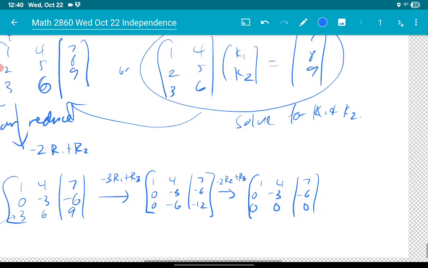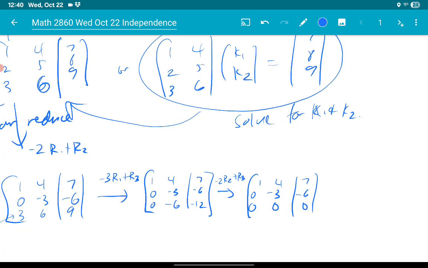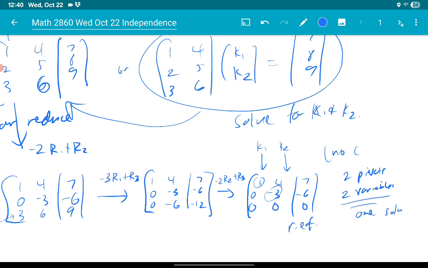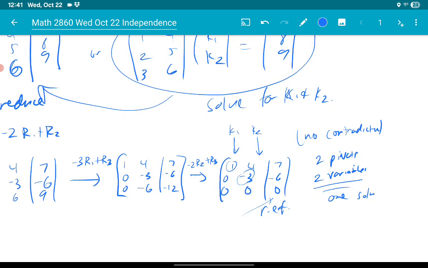Okay. So does all zeros mean there's infinitely many solutions? Not necessarily. We're in row echelon form now. Remember the algorithm? You count pivots. 2 pivots, right here are the pivots, two variables, right? The variables are K1 and K2. So we have one solution. We have no contradiction also, so you have to look for that first. A contradiction would be like if we had 0, 0, and then if this third entry was not a 0, that would be a contradiction. There'd be no solution. And then the set would be independent. But we do have a solution. We have one solution.